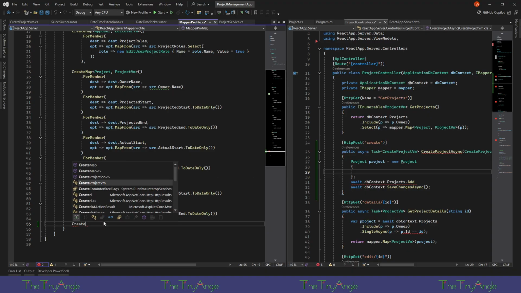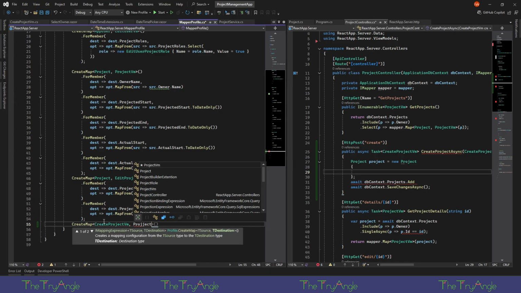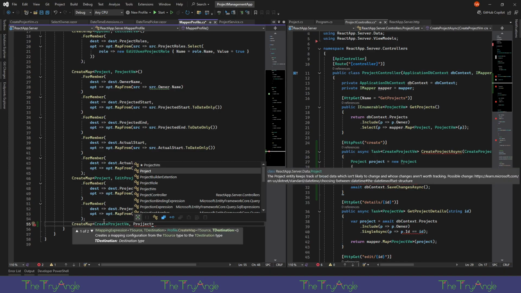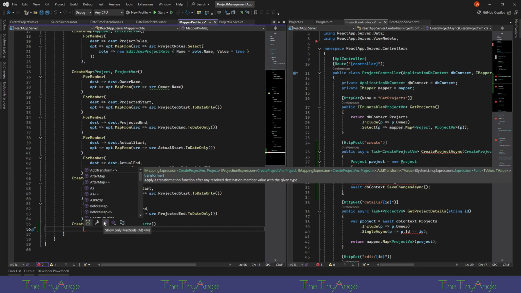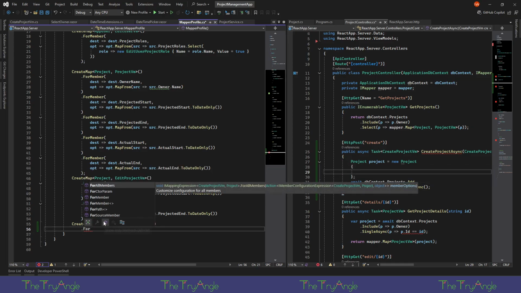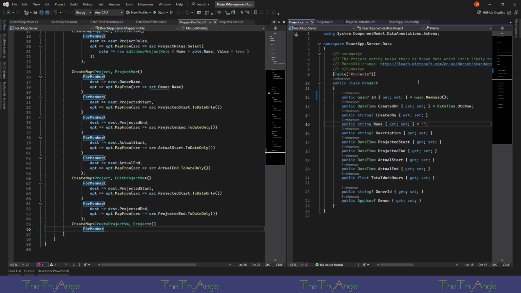Create map for create project VM to just project. All right. And let's think here for member. What for the project? Date time, yeah. I don't know if it'll do date only for those, so